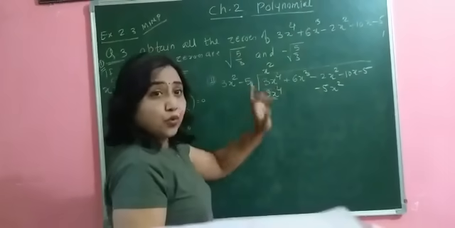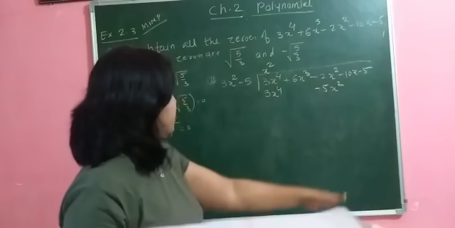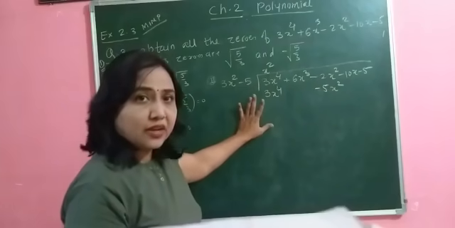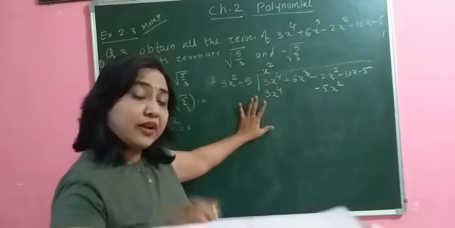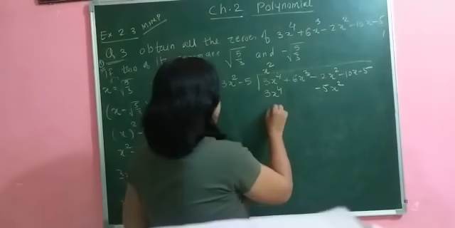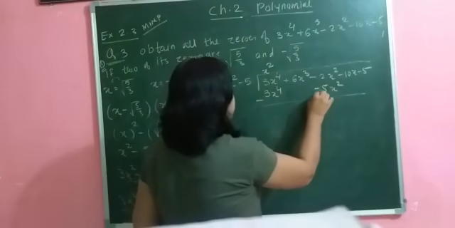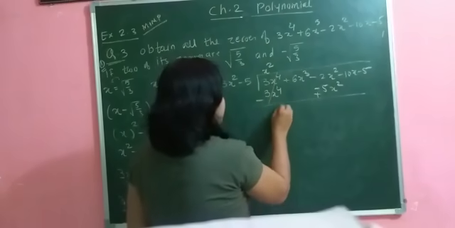You can do it on one side of the notebook. I don't have any space, so I am writing directly over here. I have practiced, but you can write on the other side of the notebook and then, after calculation, you can write it over here. Now change the sign, minus to plus. So it will get cancelled.